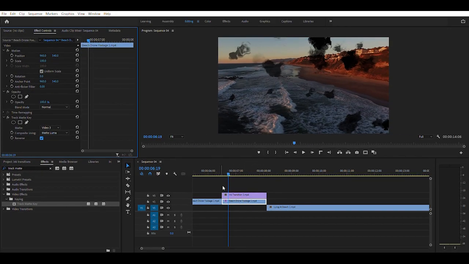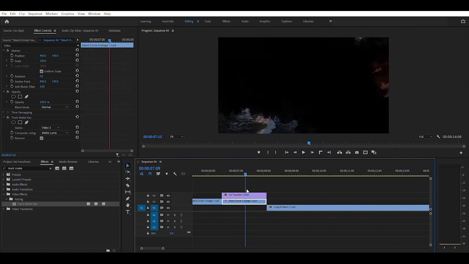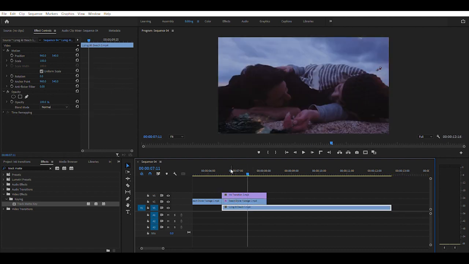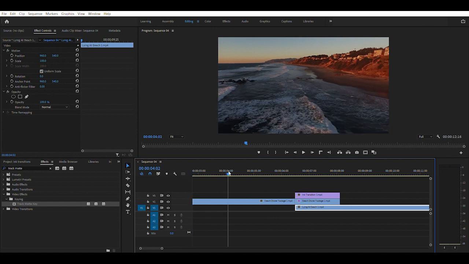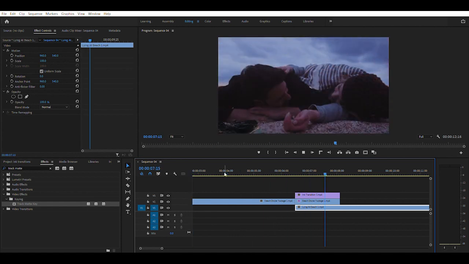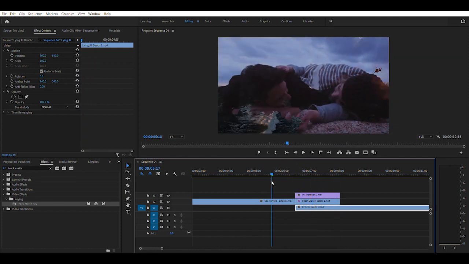And now if we just see this, the black thing over there is transparent, but we don't need transparent. We need the second clip. So in order to keep that, just drag it like that. So now let's check it from the start. So this is very cool. See that wipe in effect? So that is the ink transition.